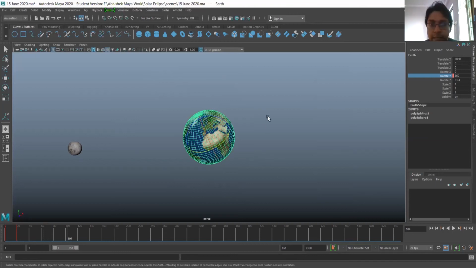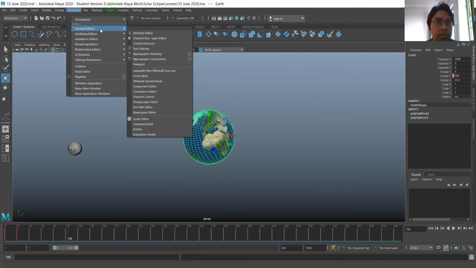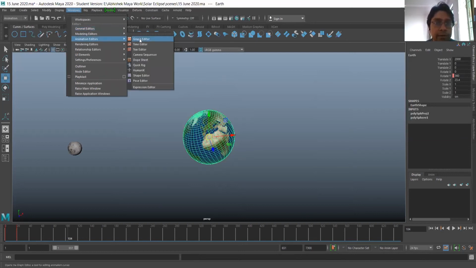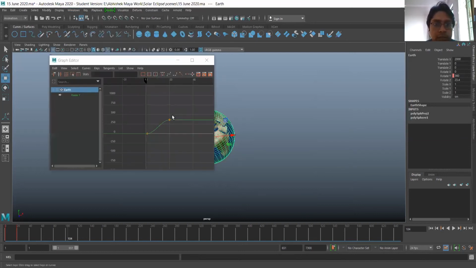To animate it till infinity, select the Earth object, go to Windows, General Animation Editor, and Graph Editor. In this, you can see the graph at the first frame and 20th frame. Select both the curves and go to linear tangent.